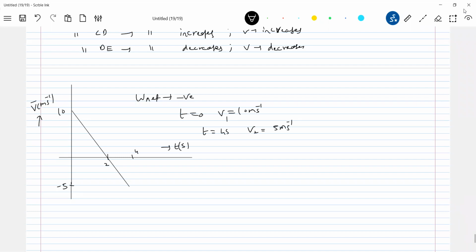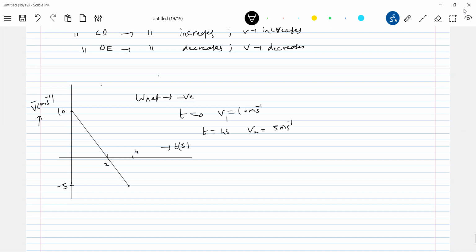Straight away, if they give velocity versus time or speed versus time, directly look at the speed there. From where to where is asked. Look directly at the speed. Look at the initial and final speed. Final speed more than initial speed, work done positive. Final speed less than initial speed, work done negative. For an XT graph, you have to look at the slope.